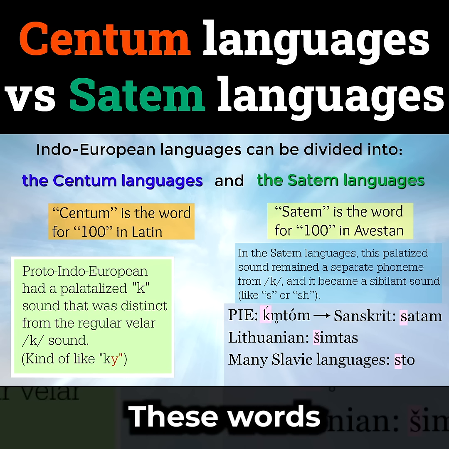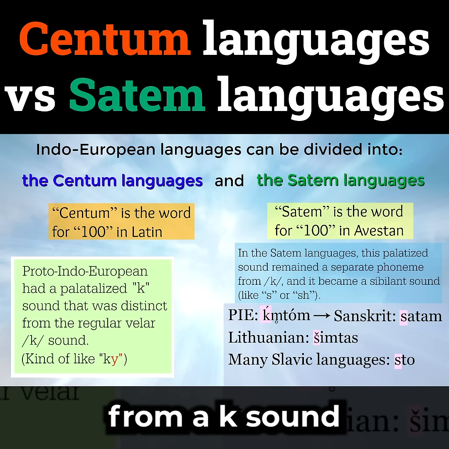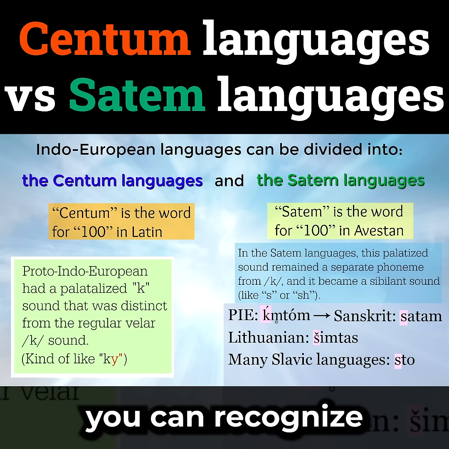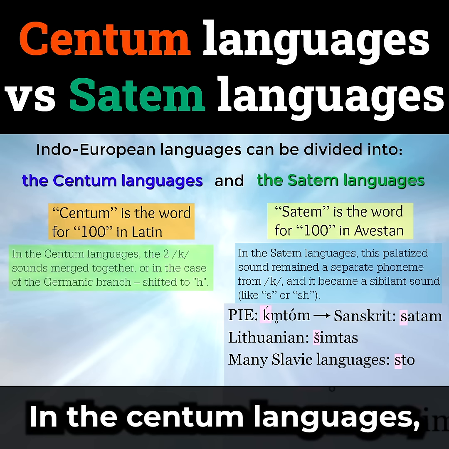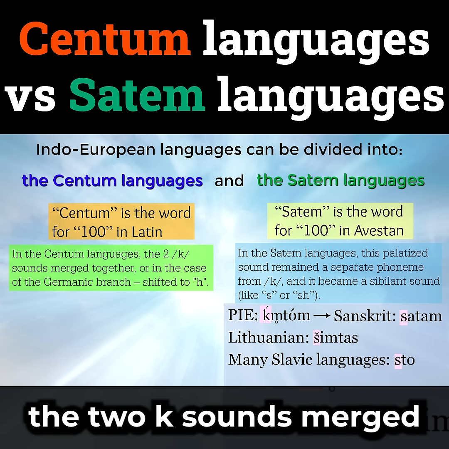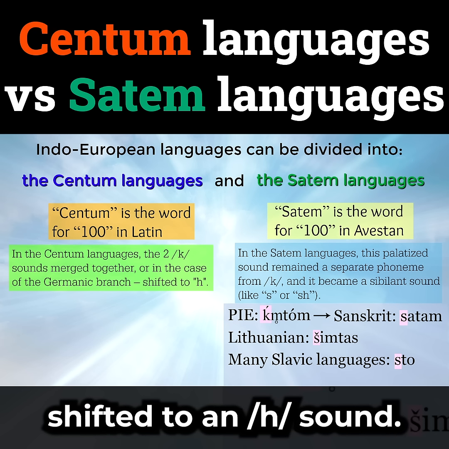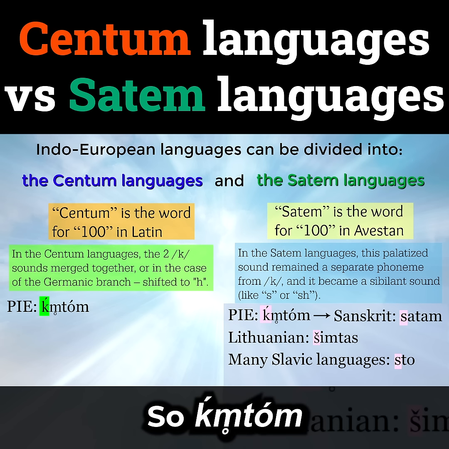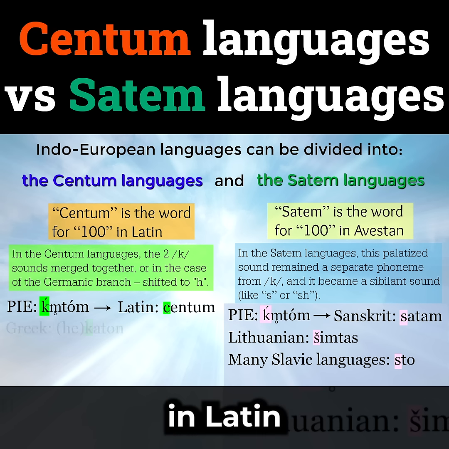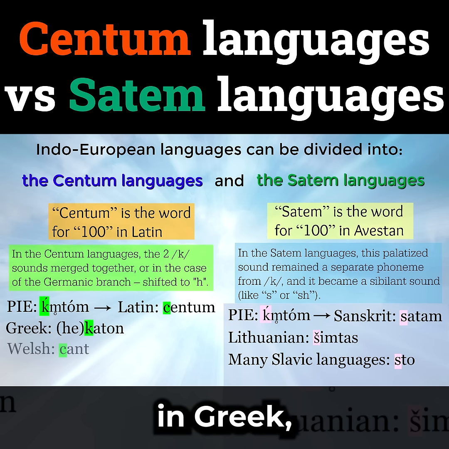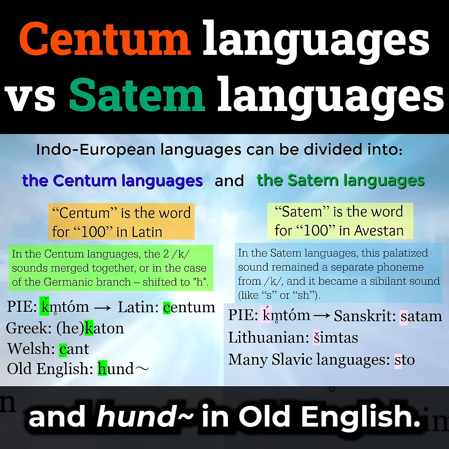sto. These words have all developed and diverged quite a bit, but if you're aware of the sound shift from a K sound to an S sound, you can recognize these cognates more easily. In the Kentum languages, the two K sounds merged together, or in the case of the Germanic branch, shifted to an H sound. So Kyumtom became Kentum in Latin, and hekaton in Greek, kant in Welsh, and hund in Old